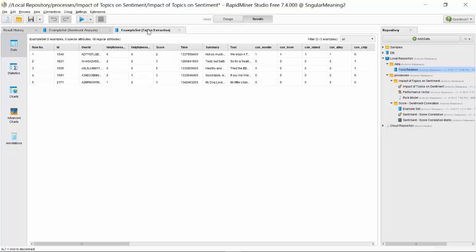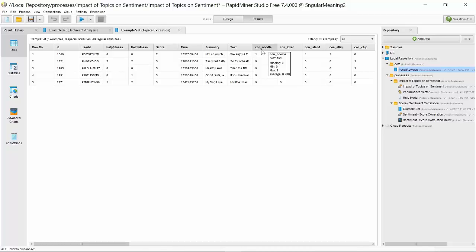As regards the topics extraction, it's a similar result. We again have my original data with my numeric attributes and my original summary text, etc. And the system has added some additional attributes that have to do with the concepts or the entities that it has found in the text.